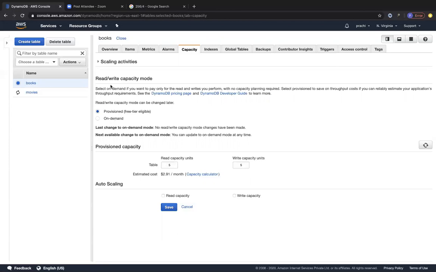That's also possible. So over here, they are describing that select on-demand if you want to pay only for the reads and writes that you perform, with no capacity planning that you have done before itself, right? But with provisioned capacity, you have done the capacity planning, and you are going with an estimated cost of $2.91 per month based on the read and write capacity units that you provision over here. And at the same time, you can also do auto scaling for the same, which we have anyway studied in